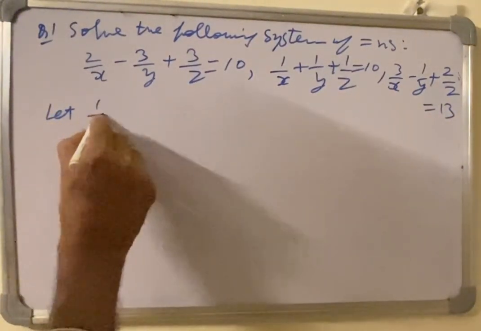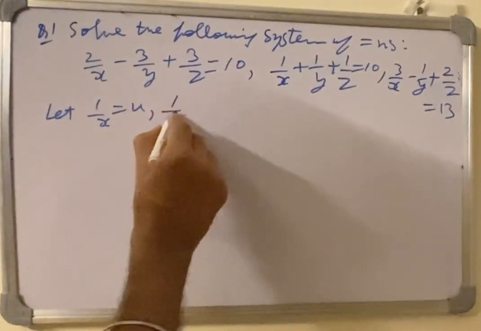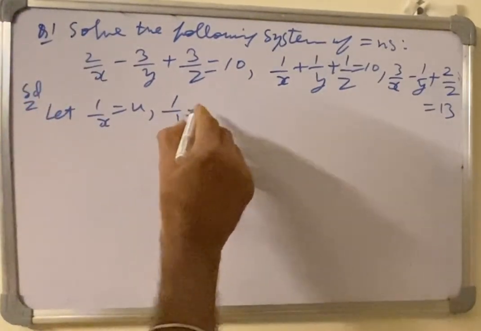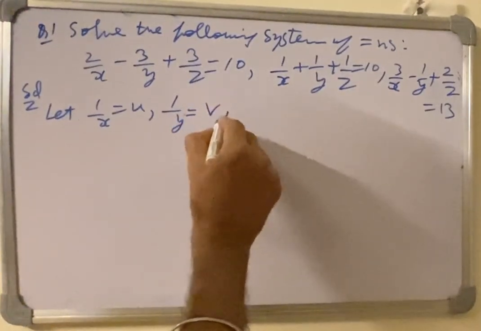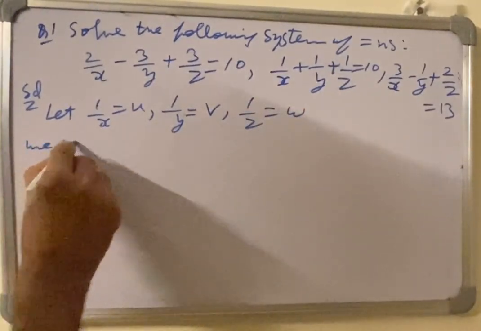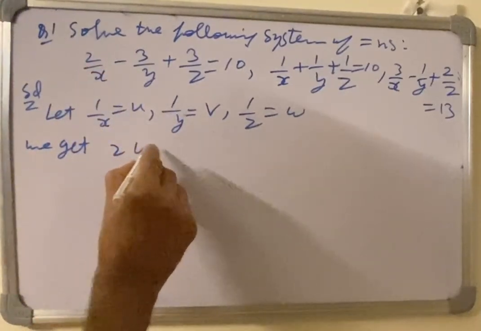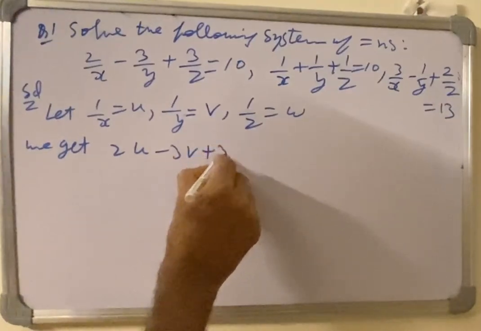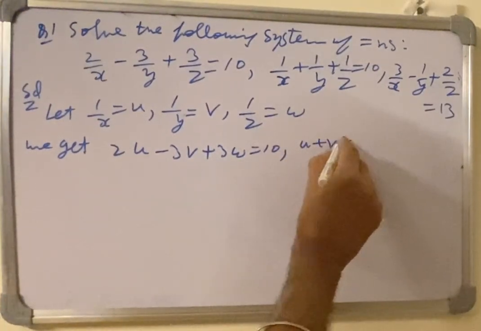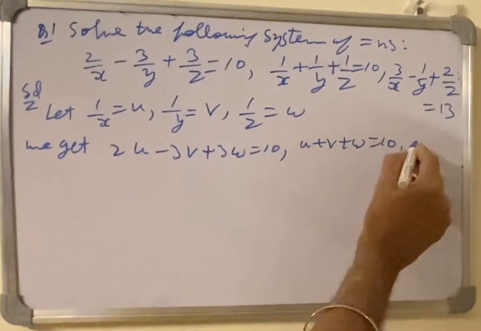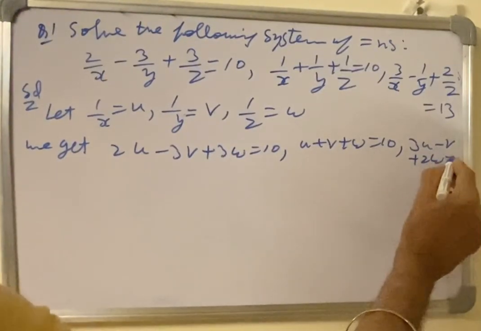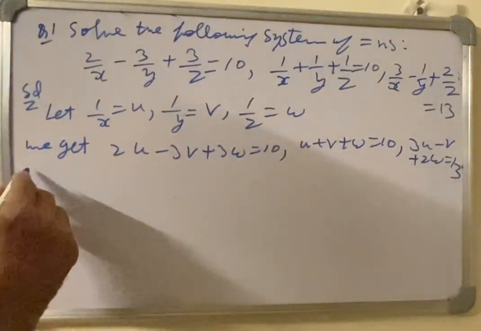Let 1 over x be u, 1 over y be v, 1 over z be w. So we get 2u minus 3v plus 3w is equal to 10, u plus v plus w is equal to 10, then 3u minus v plus 2w is equal to 13, which can be written as,